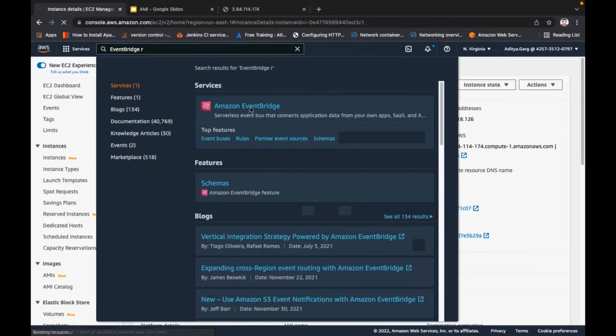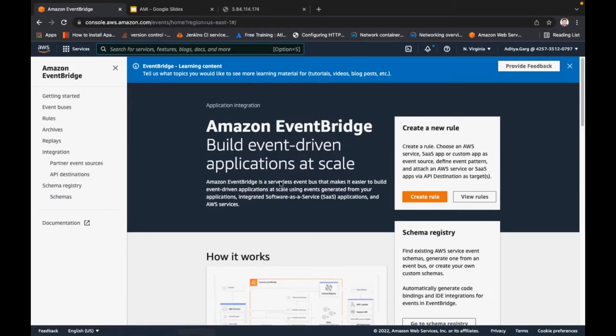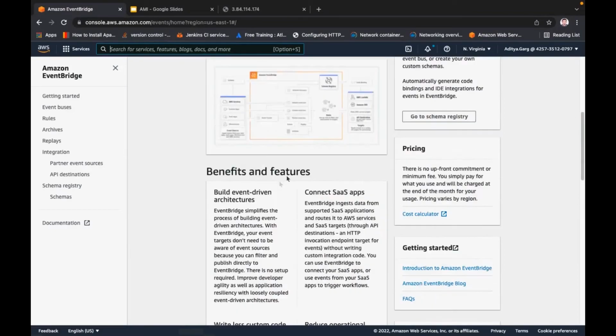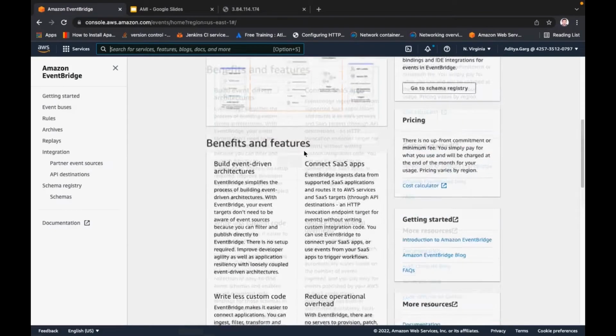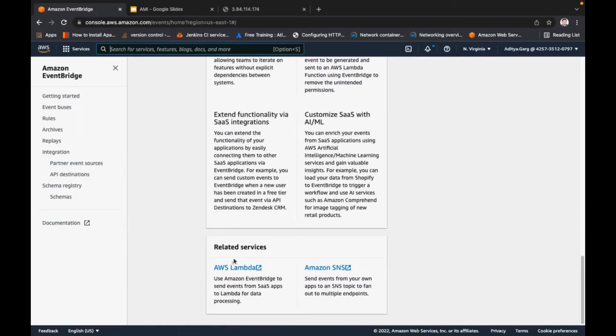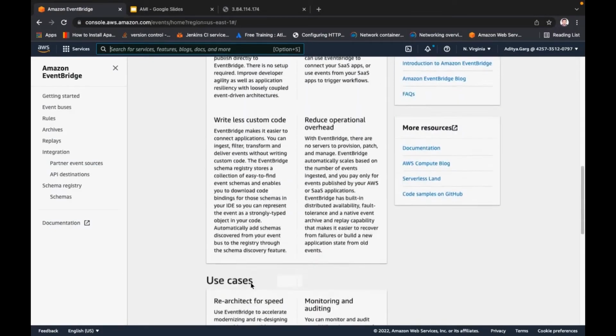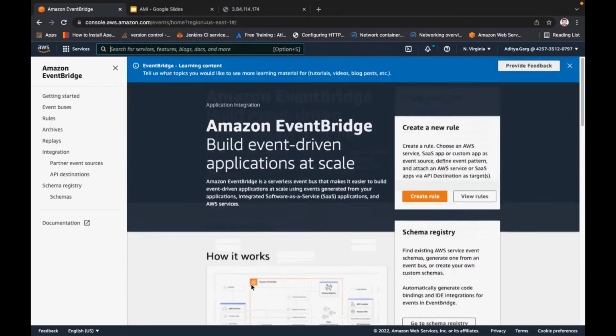So Amazon EventBridge can do jobs like scheduling. It talks with different APIs, and it can talk with Amazon Lambda. And what is Amazon Lambda? You can create custom functions using Amazon Lambda.